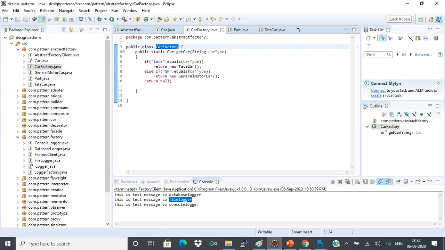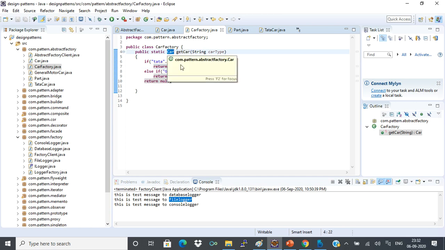Let us assume a car factory, which produces some car objects, such as a Tata car and a General Motor car. Based on the car type, getCar returns a Tata car or a General Motor car.